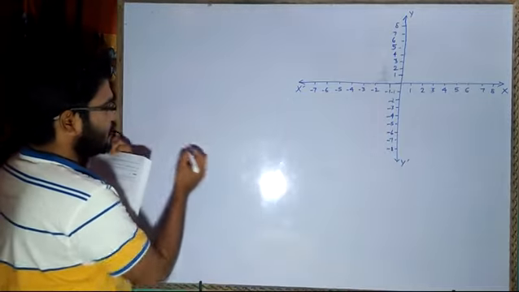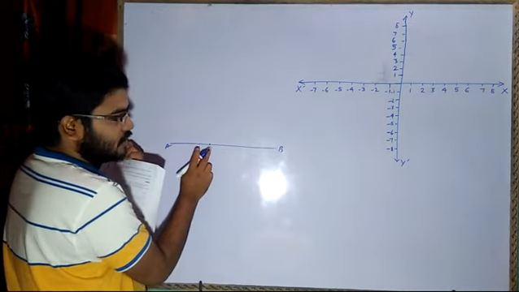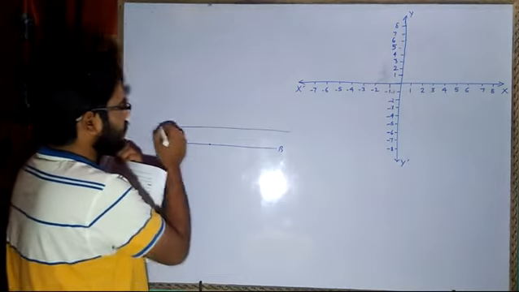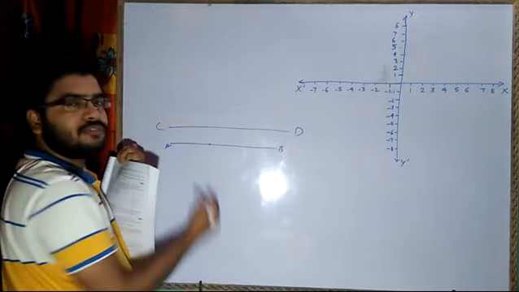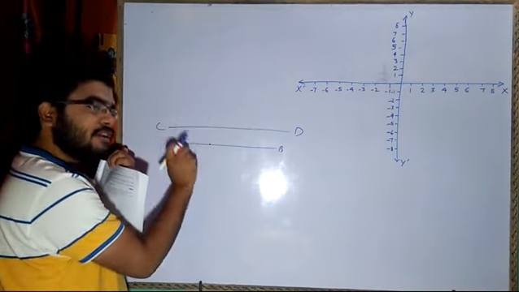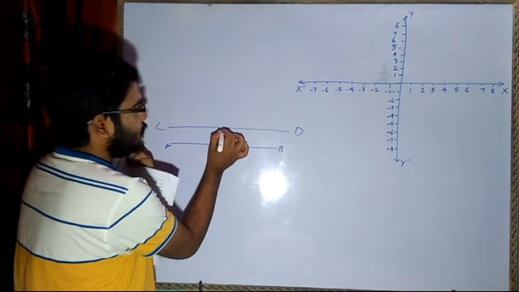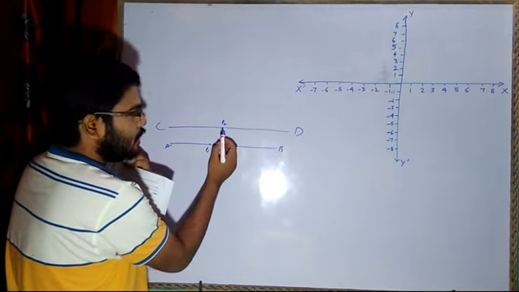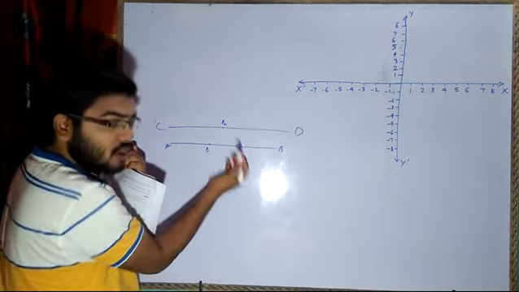If a point is lying on a particular line, then for that line, that point is said to be invariant. Suppose I have a line, this one, named AB, and if a point is lying on this line, then this point is said to be invariant for line AB. If I have another line CD, for example, and a point is lying here, then I cannot say that this point is invariant for AB. This point will be invariant for the line on which it is placed. Suppose this one is P2, this one is P1. So P1 is invariant for AB, P2 is invariant for CD, P1 is not invariant for CD, P2 is not invariant for AB.